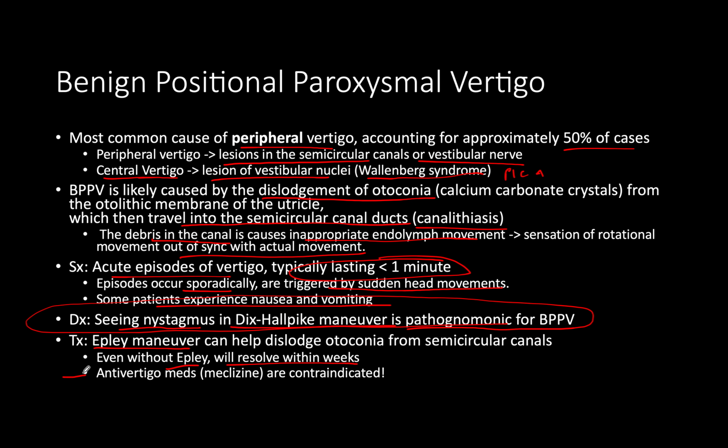One important thing for the Step 2 exam is that in general, meclizine, our classic anti-vertigo medication, is going to be contraindicated. The reason for this is that we want our elderly patients to have some ability to compensate for the vertigo. These are very quick episodes, and we have one normal semicircular canal on one side and one abnormal on the other side. We want our patients to be able to compensate for this feeling of vertigo. If you give meclizine, you take away their compensatory ability. You may end up having more falls, actually. So in general, we don't want to give meclizine for these patients.